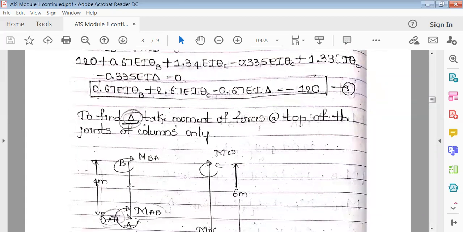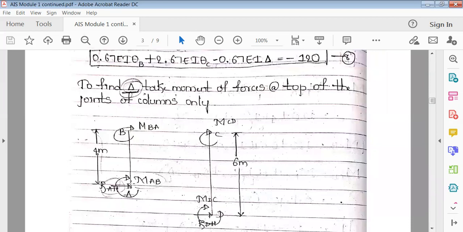Now why will we take only the columns here? See here, if you apply any force here or here, only the columns will deflect. A is fixed, but it goes on deflecting like this. It reaches and B becomes B dash. Likewise at D, D is fixed, but because of this difference in height and because of the loading condition, it will go on deflecting like this. Now it could be either to the right or to the left. We don't know where exactly it is deflecting.